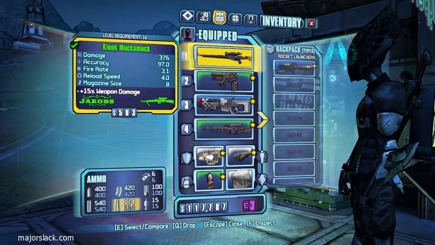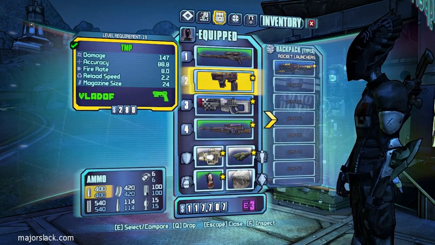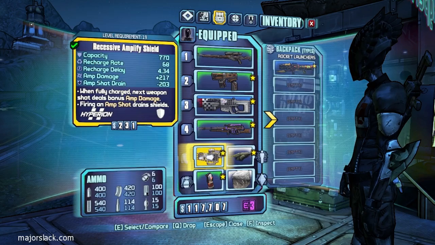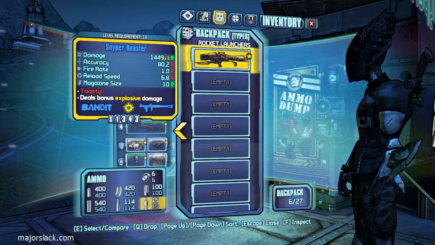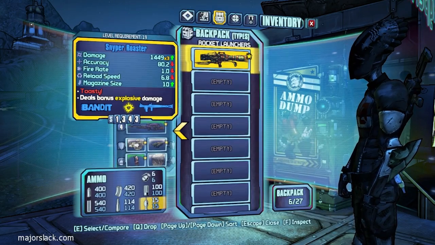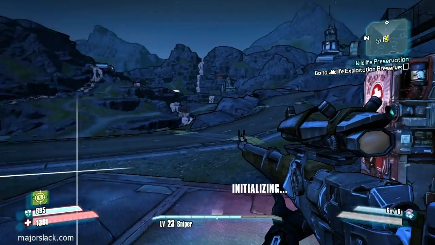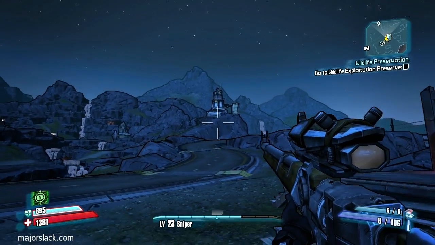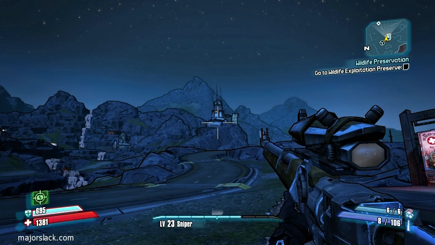Just gonna check out my inventory here. Yeah, that's right. Yeah, we're ready to rock and roll. 6 items in the inventory and 27 spaces in the backpack. This is freaking excellent. Let's drive on over to the exit to the Wildlife Exploitation Preserve, and you find that